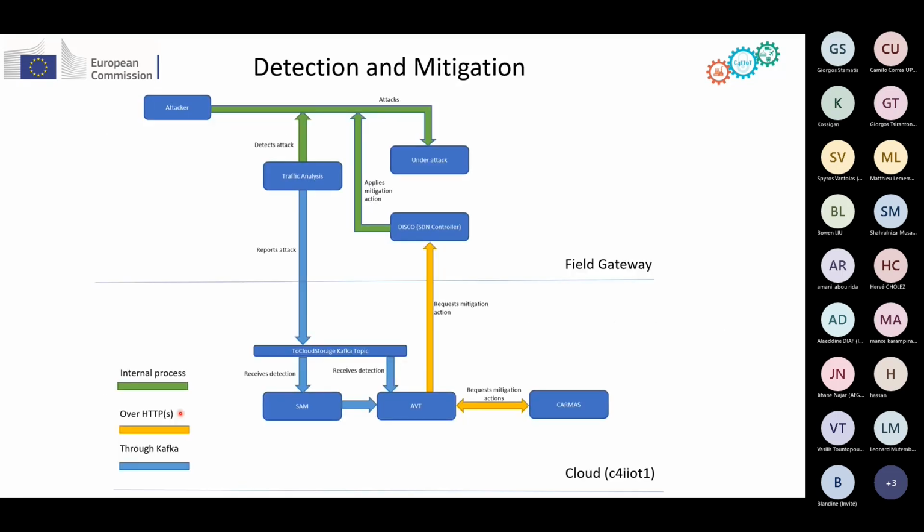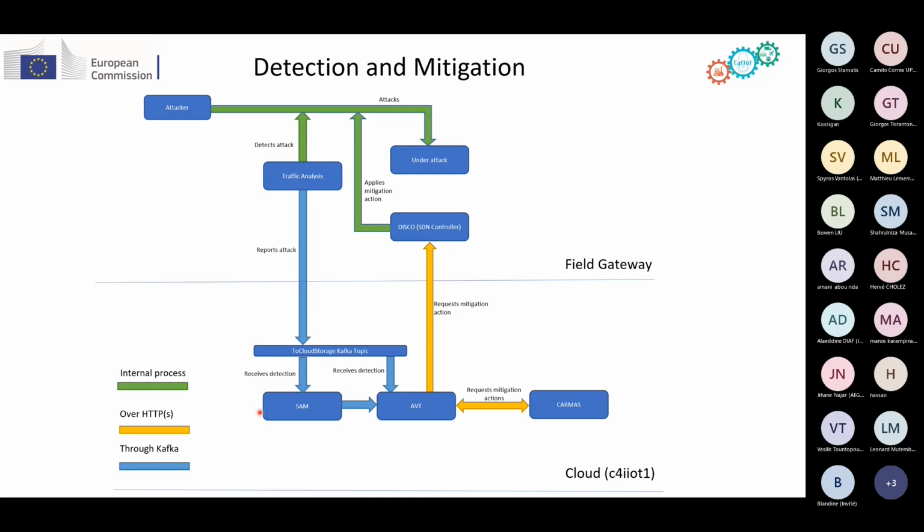Now we're going to see the role of these two modules in the detection and mitigation flow. We are assuming an attacker, which could be external or a device that has already been compromised, is attempting an attack through the network on another asset of the factory. This attack is detected by the traffic analysis module, and it is reported through Kafka to the cloud. Now, this attack is received and displayed directly by the Advanced Visualization Toolkit, but it is also received by the Security Assurance module,